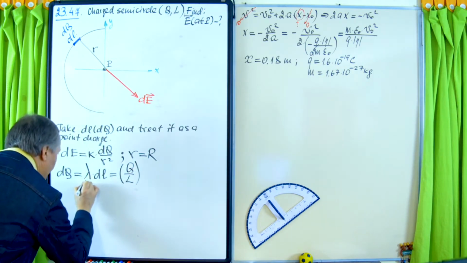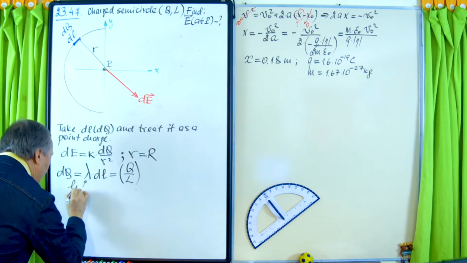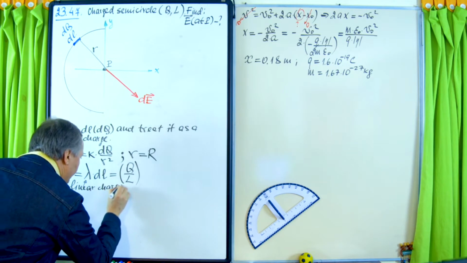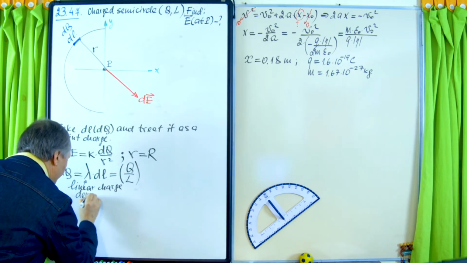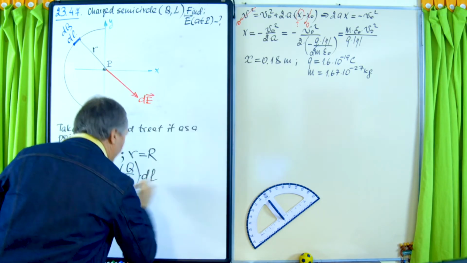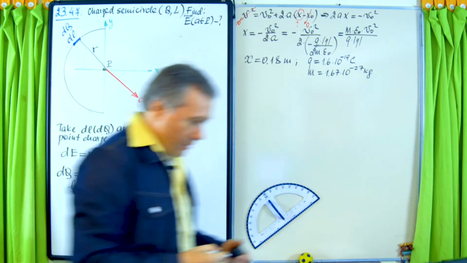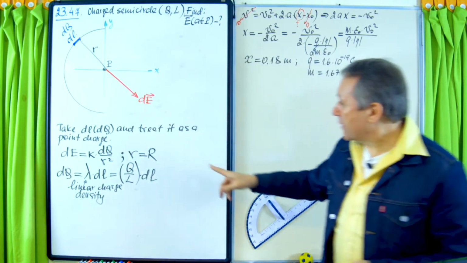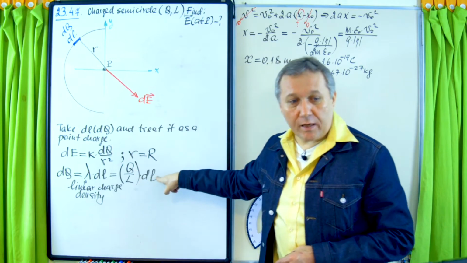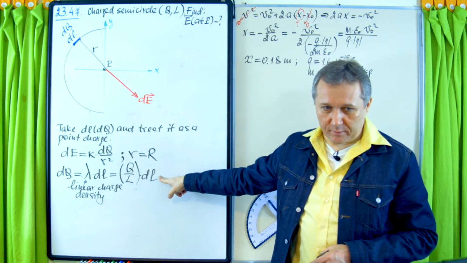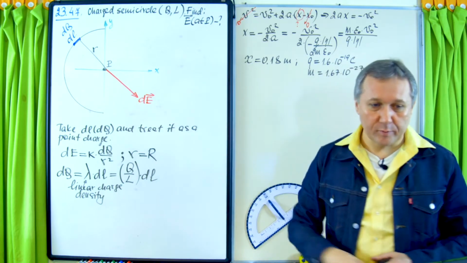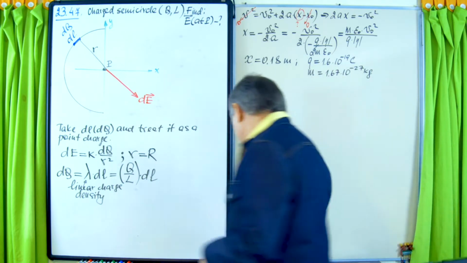So it's a linear charge density. Maybe I should emphasize that this is linear charge density. All right, times dl. Okay, so now it looks like we wrote dq in terms of Q, which is given, L, which is given, and the variable of integration l. But of course, in the integral it will be dl. Now the next step,